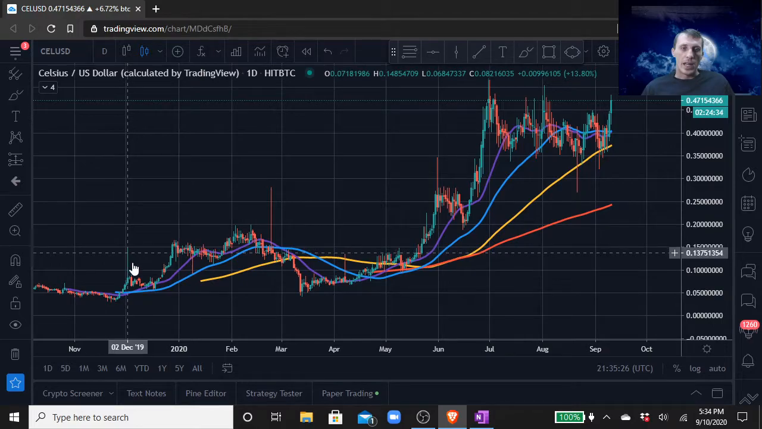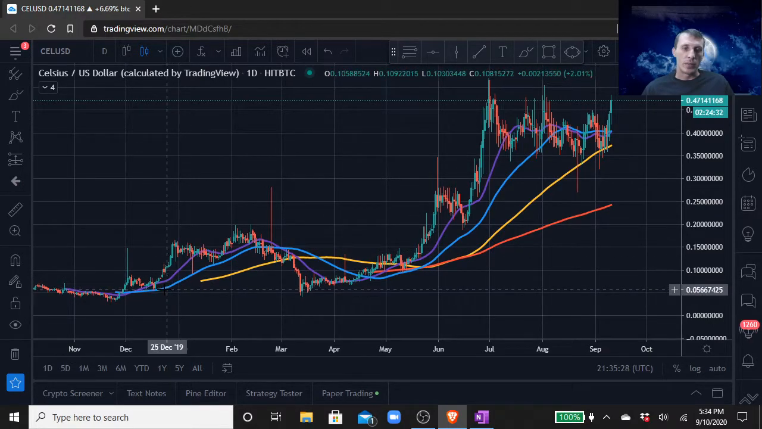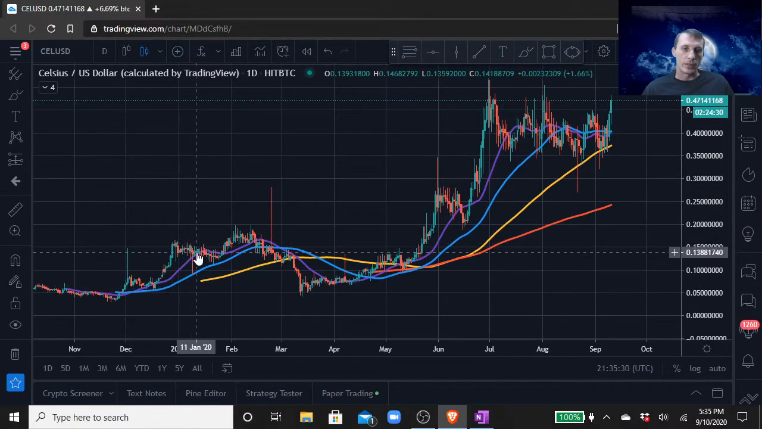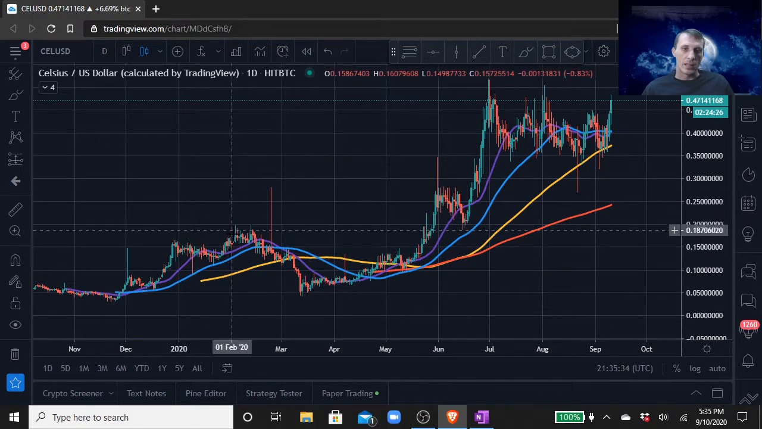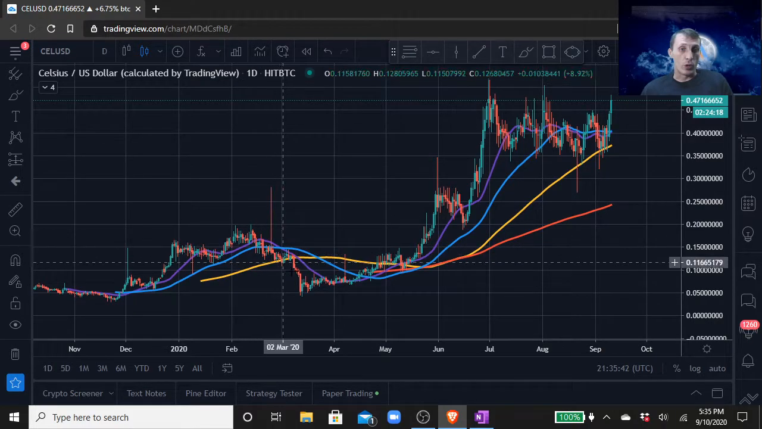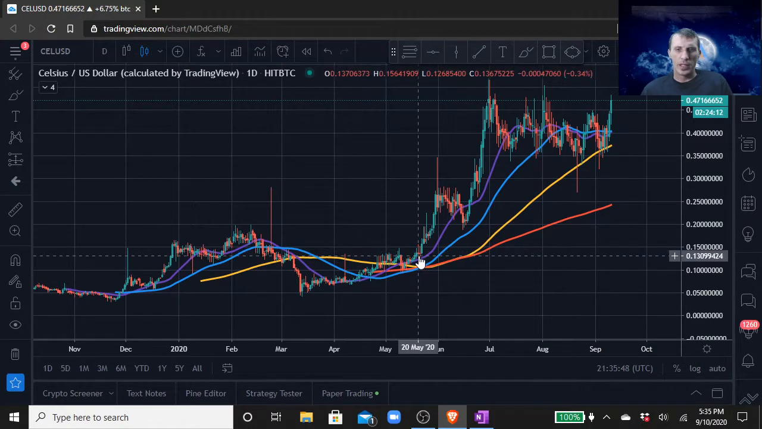So make a higher high, we retest back to the 21, you bought the dip. Make a higher high, retest down to the 21, you bought the dip. Higher high, retest to the 21, bought the dip. Made another higher high, came down for the retest, it broke underneath. So you would have not bought anything from February